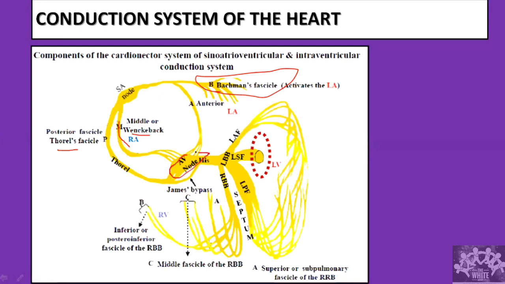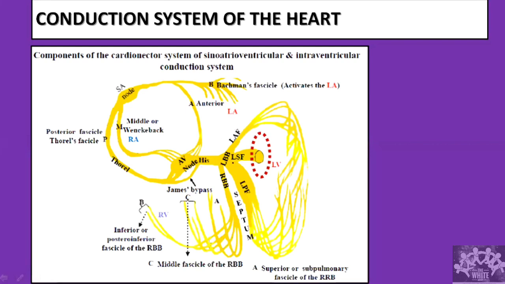Once they reach the AV node, from there a His bundle arises. So the AV node is an electrical window. It slows down whatever impulse is going to come, such that the ventricle is in diastole at that point of time, so there is enough filling of blood. Because once the AV node is activated, the impulse next goes and activates the ventricle, and there is going to be contraction of the ventricle. If there is going to be a contraction of the ventricle, that means there should be enough blood for it to get pumped. So that is why I want you to remember this.